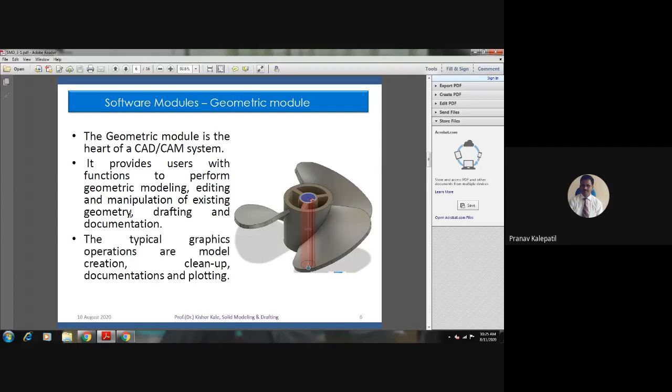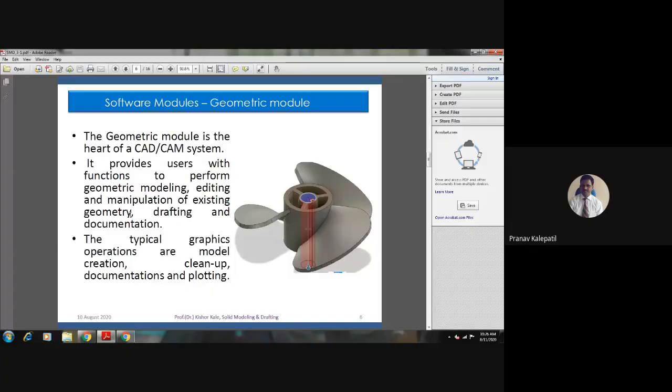Yes, 2D models. You cannot really say 2D models; you should say 2D drawings. Two-dimensional drawings would be required.